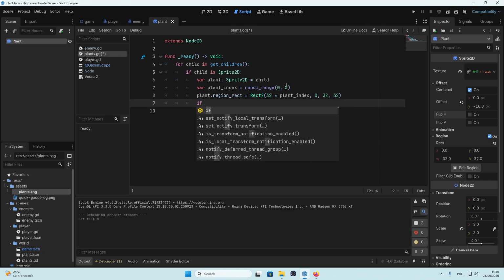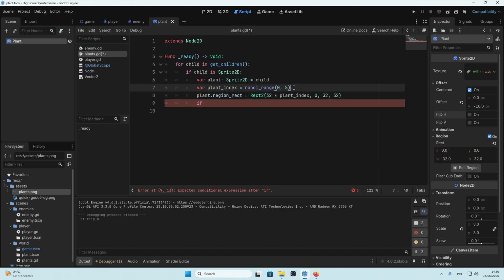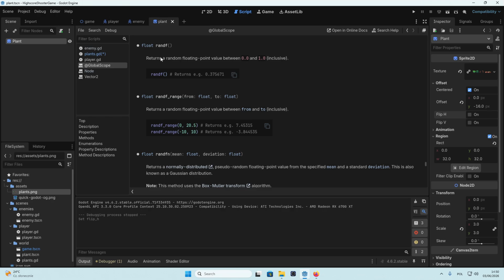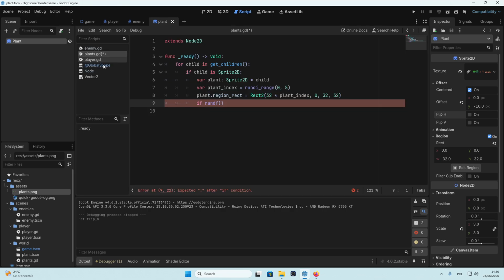Now you can notice that this is actually already working. We can make another random value, but we don't really have to put it in a different variable. So if we go into randf, you can see that randf basically returns a random floating point number between 0 and 1, which is what we want to do,